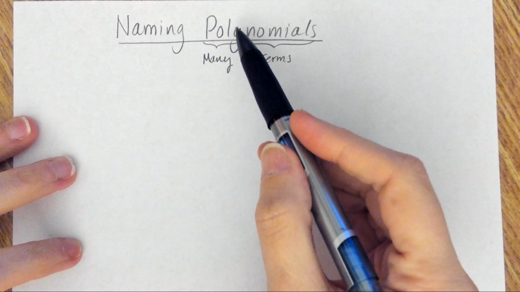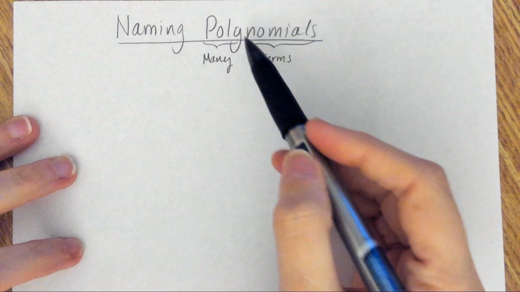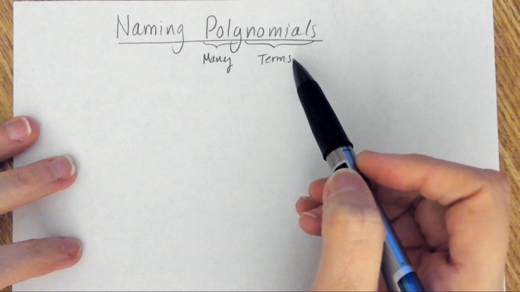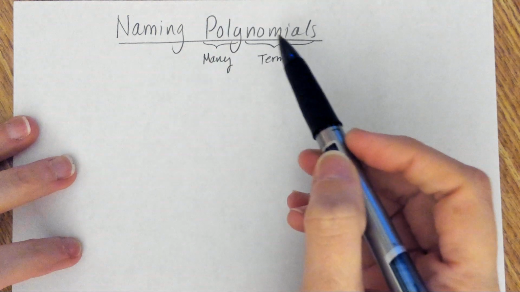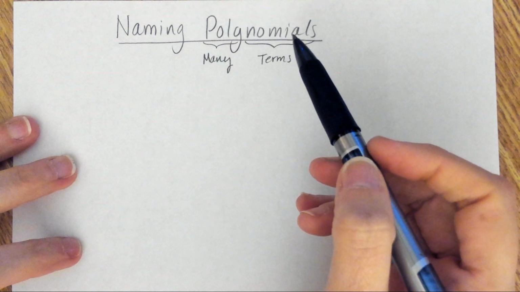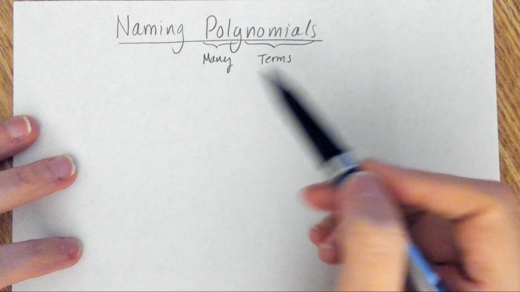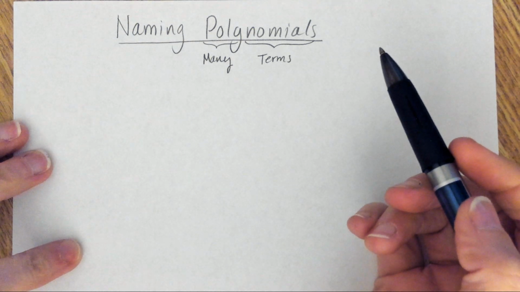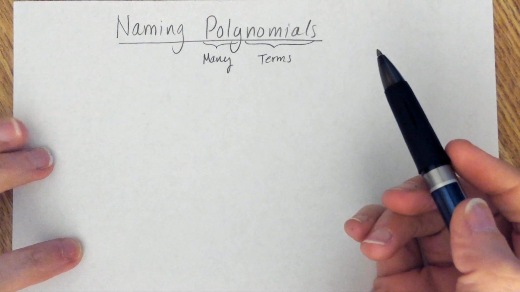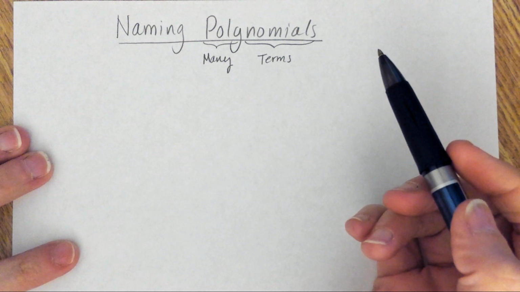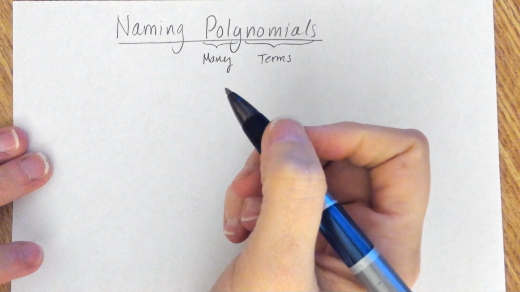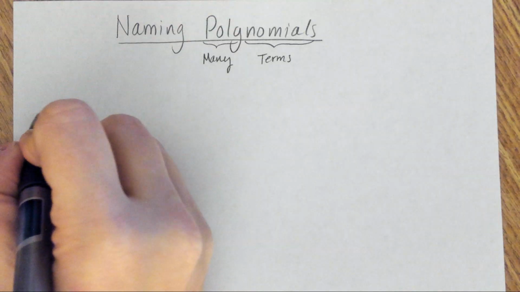A polynomial, when we break down what that means, breaks down into many terms. That's not exactly what nomial means, but that's basically what polynomial means. It means an expression with many terms. How many terms? We don't know. But when we actually look at those polynomials, they are given names specifically related to the highest exponent and the number of terms. So we're going to start off by talking about the names related to the highest exponent,